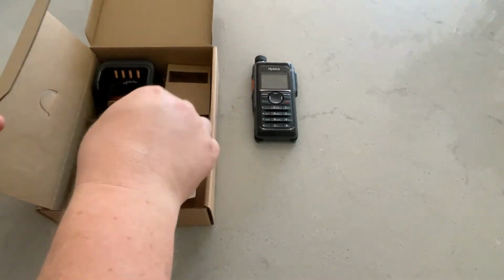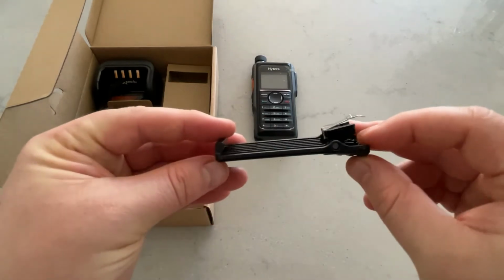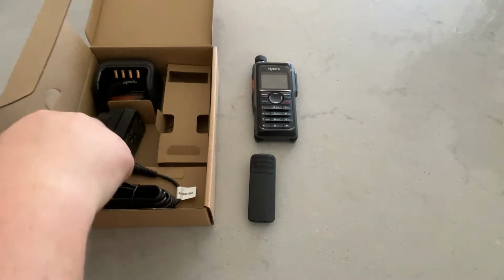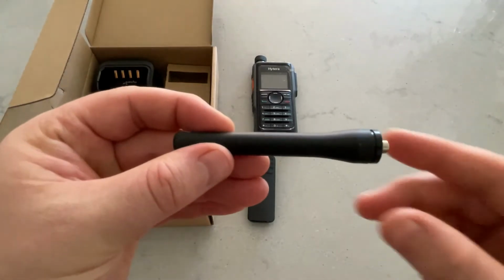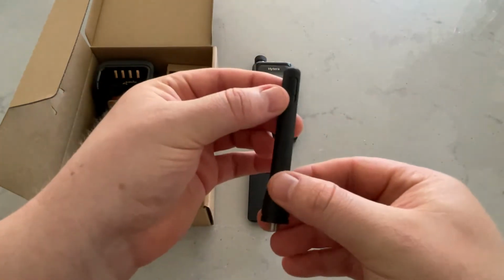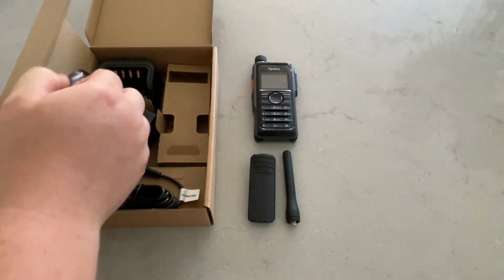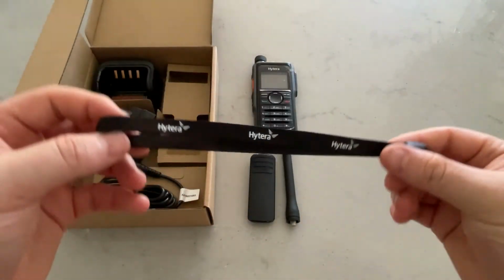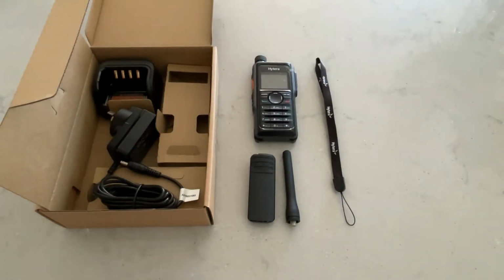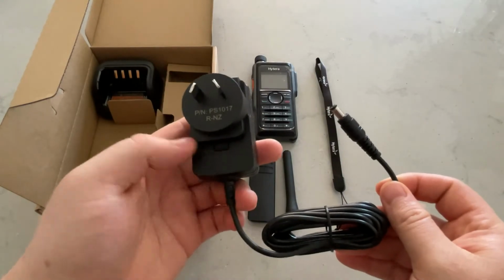Other accessories inside the box include the standard belt clip that clips into the battery, the antenna stubby that operates on VHF, UHF1, UHF2 and CB frequencies, the lanyard, the Australian power supply that plugs into the charging cradle,